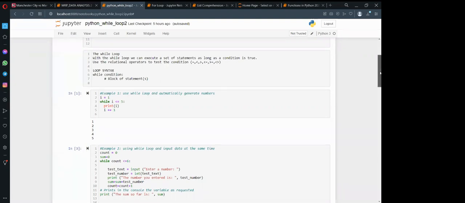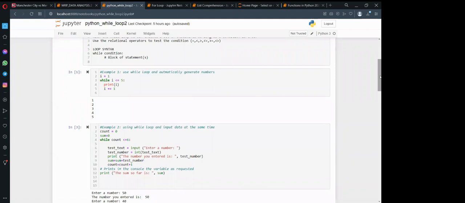On my screen, we have the first example. For you to execute the while loop, you must be testing something. If you look at my screen, we have i equals 1. It is i that is being tested. So you say while i is less than or equal to 5, you continue printing the value of i.